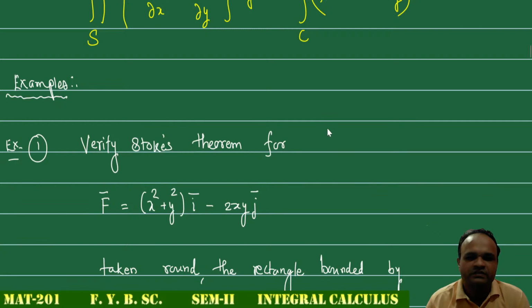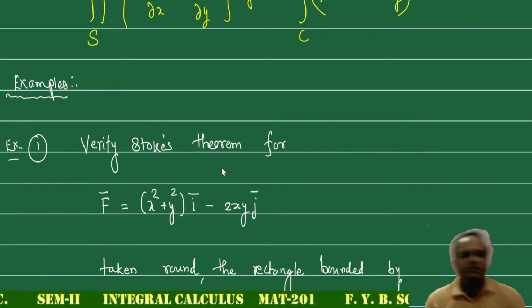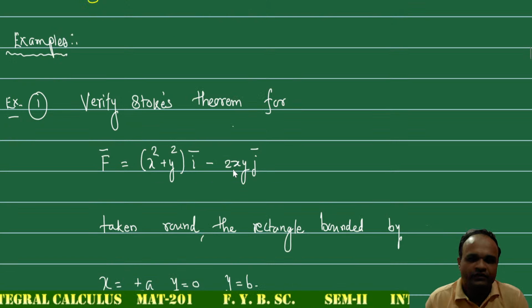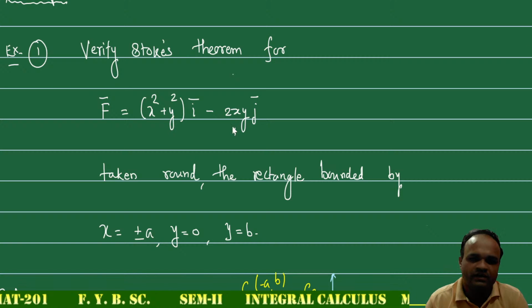So next we will solve some examples on these theorems. First we will solve illustrative examples on Stokes theorem. Question is that verify Stokes theorem for f bar given, that is (x square plus y square) i bar minus 2xy j bar